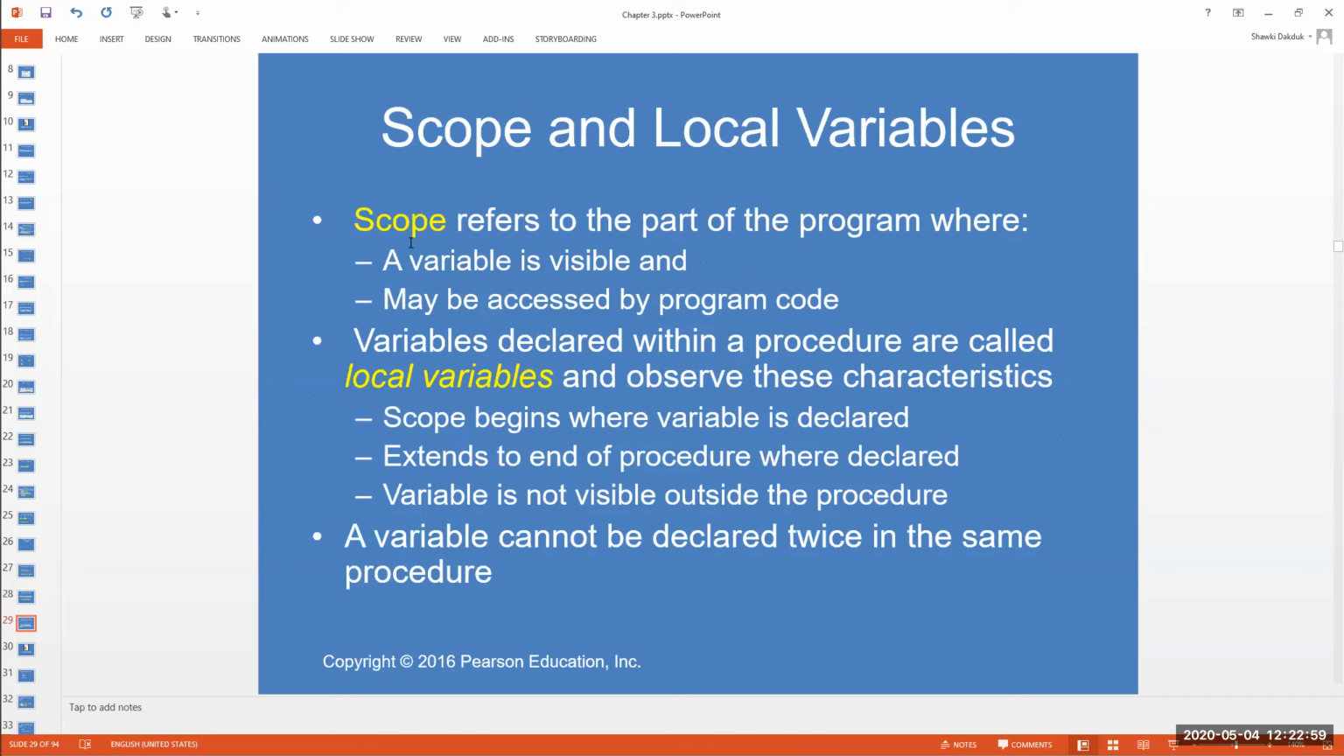Now, variables declared inside a function are called local variables. Variables declared outside a function are called global variables. For most applications, you want to declare your variables locally. The scope refers to the part of the program where a variable is visible, or accessible, which is where the program may access it. So if you declare a variable, let's say in here,